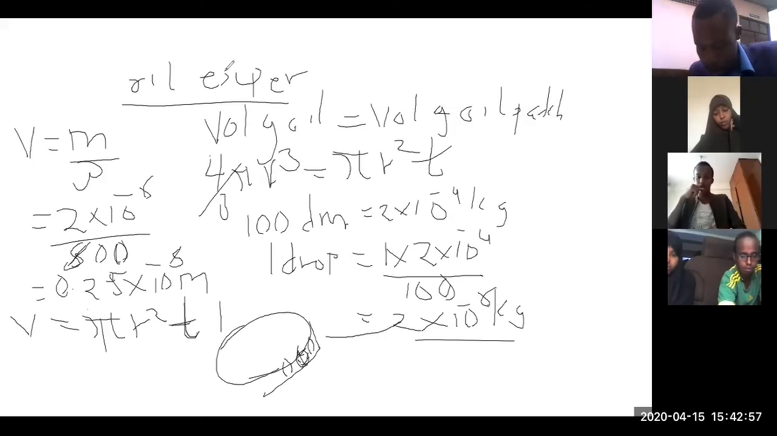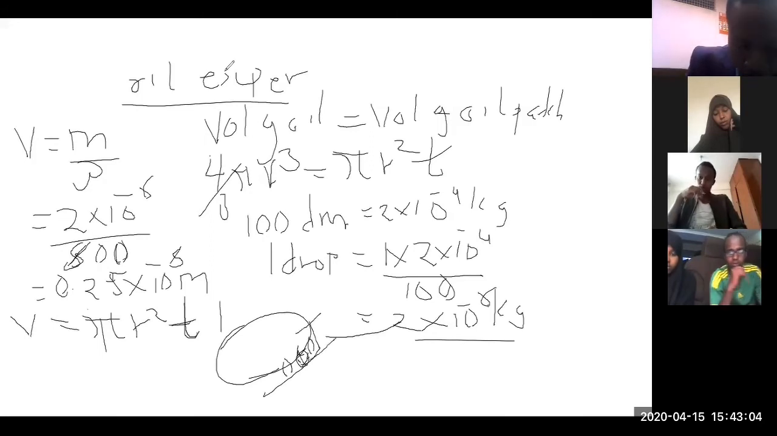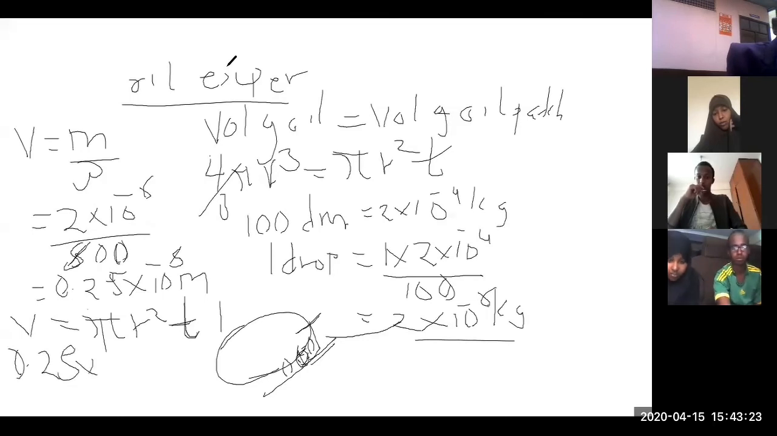The thickness of the oil patch and the diameter of the oil molecule are the same thing. If we consider this distance from here up to there, we call it the thickness of the oil patch. From our assumption, the thickness of the oil patch is the same as the diameter of the oil molecule. Remember, the oil molecule is what makes up the oil patch. So from there, we have the volume of the oil drop, which is the same as the volume of the oil patch, which is 0.25 times 10 raised to negative 8, should be equal to now